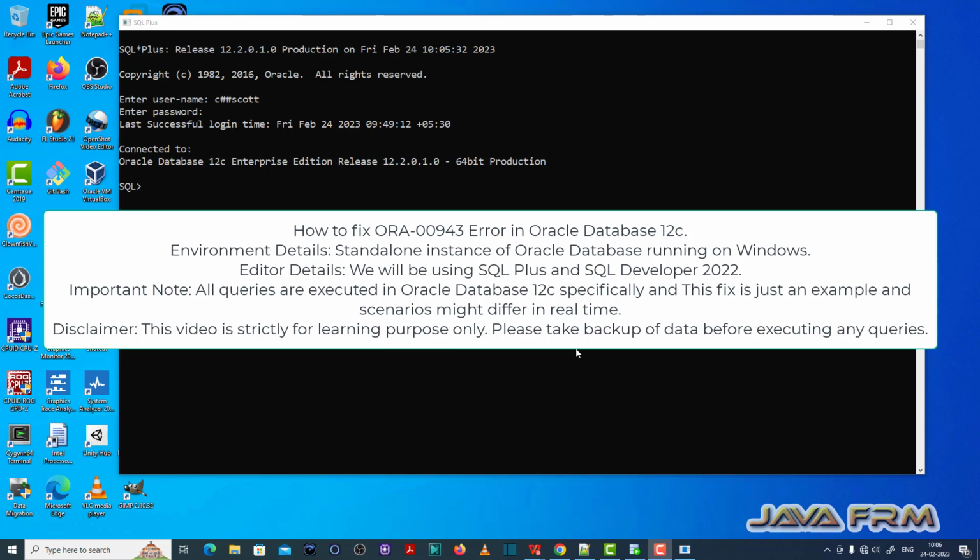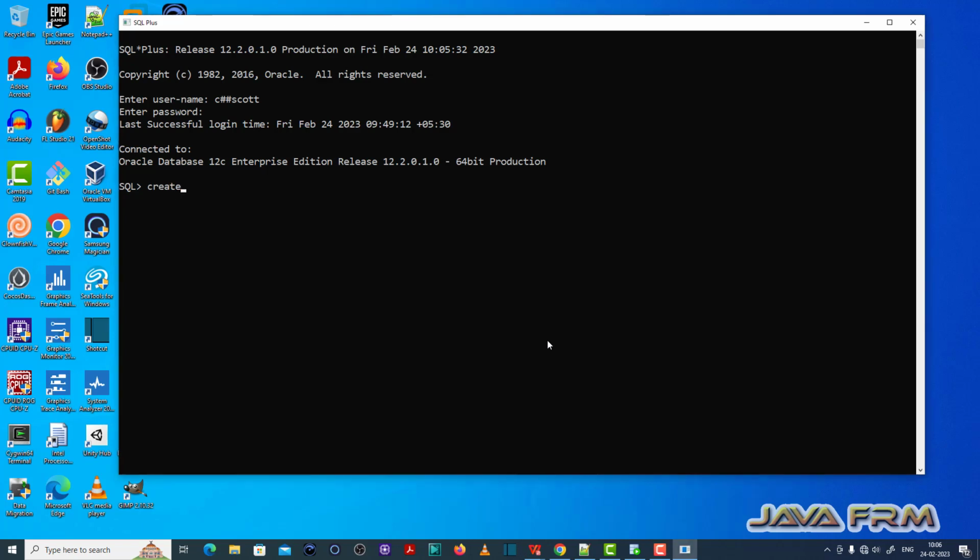So now let me open the SQL Plus editor. I log in as a C## common user which I already created. Now I am going to create one table called employees2, with an employee number column, a name column,